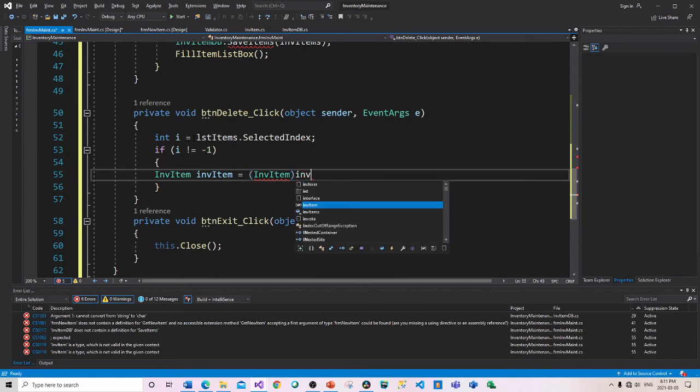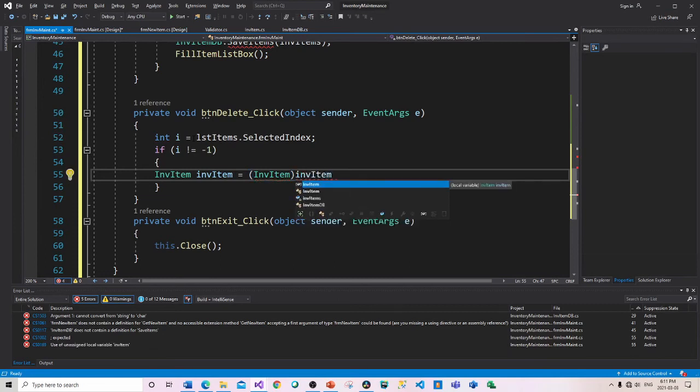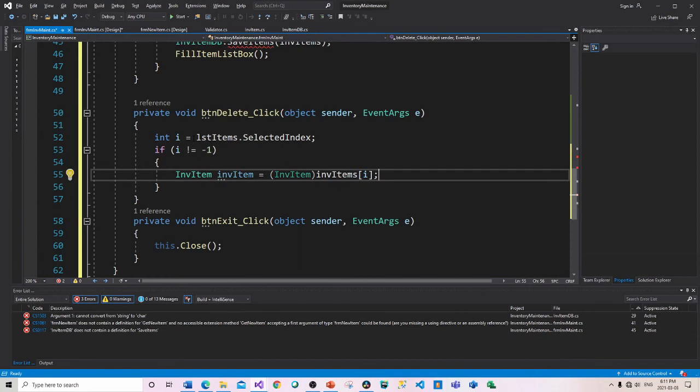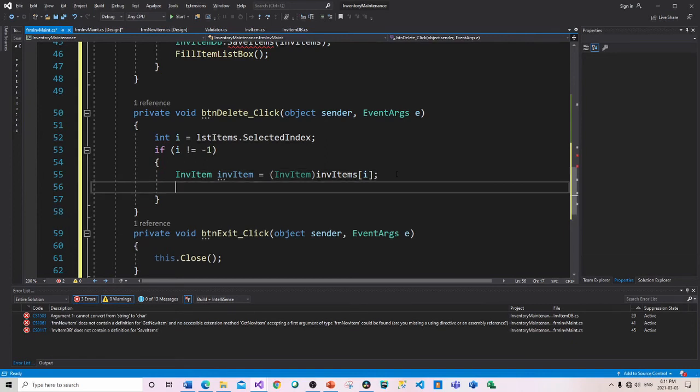And inside here, we're going to set this to i. Okay. So all I'm doing here is actually just casting this. That's why I put it in the brackets. Now I need a message. Okay. A string message